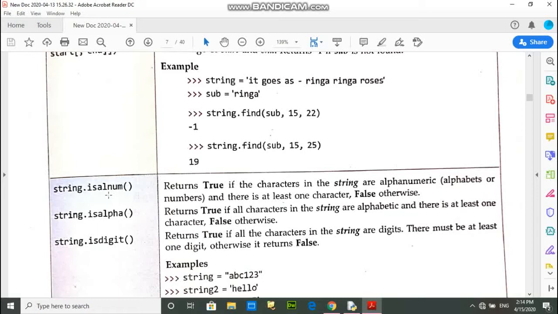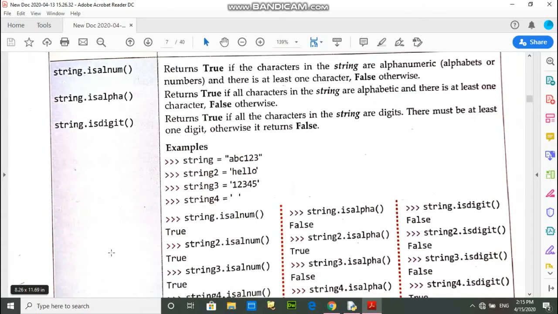If it is alphanumeric, then this function will return true, otherwise it will return false. And string.isalpha is used to check whether a particular string is alphabetic or not, meaning A to Z. And the next function is string.isdigit. This function is used to check whether the particular string is a digit or not. If the string is digits, then this function will return true, otherwise it will return false.